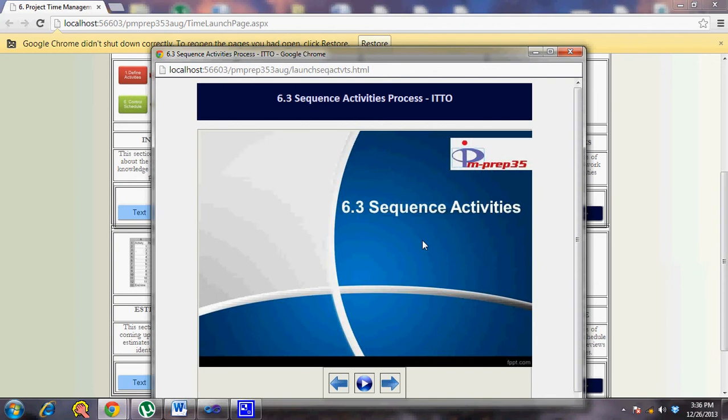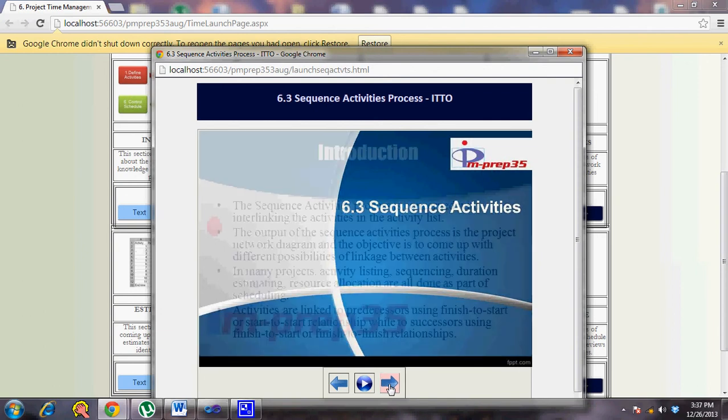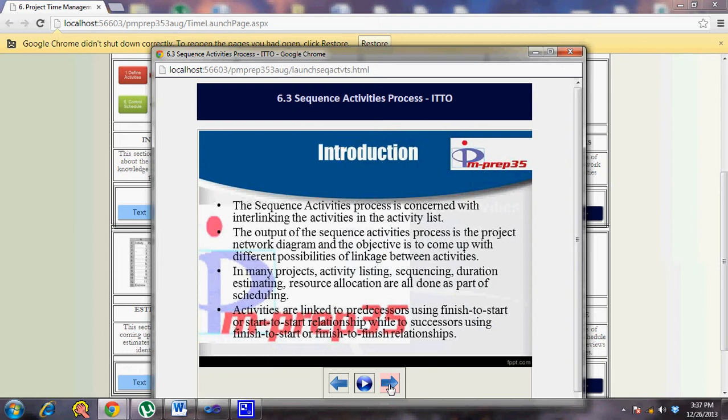Those need to be included in your activity list as well as your network diagramming, because you might have left out something in the activity list. Those could be identified while you're networking or diagramming the activities, and your activity list as such will undergo updates. So with that idea, let's quickly walk through the important points in this particular process.